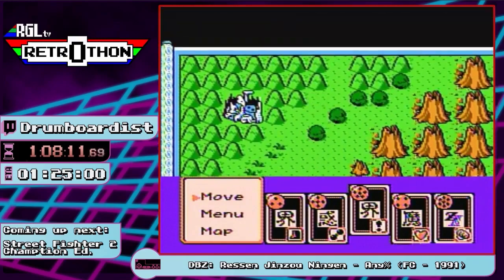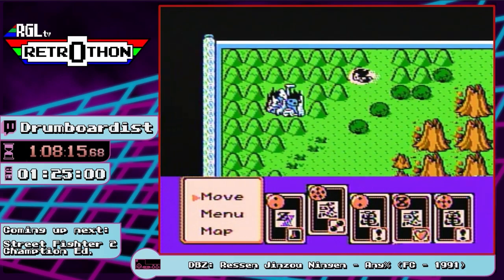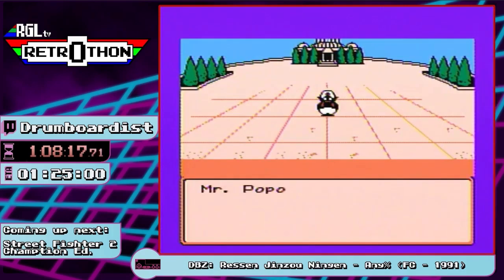So we gotta burn through the rest of these terrible cards. Stock up on either healies or combats, or the game will just eat all of them. Thanks, game. No training. No! Oh, I should have,